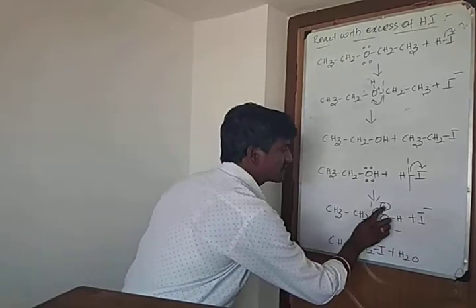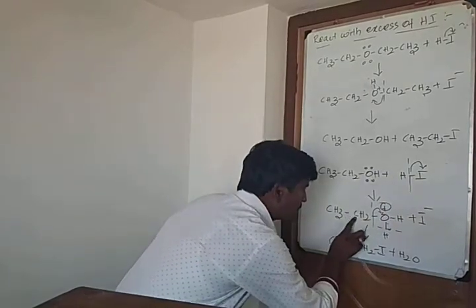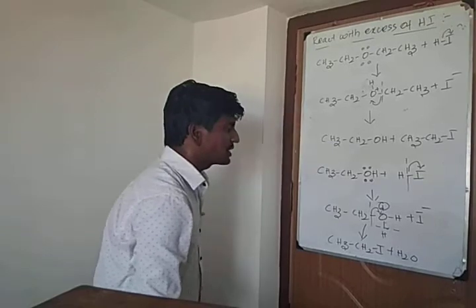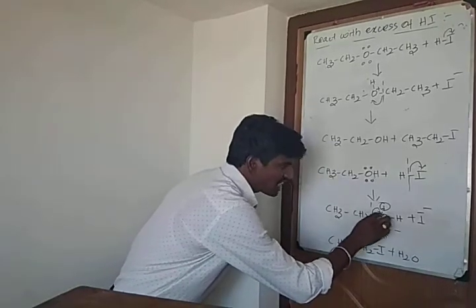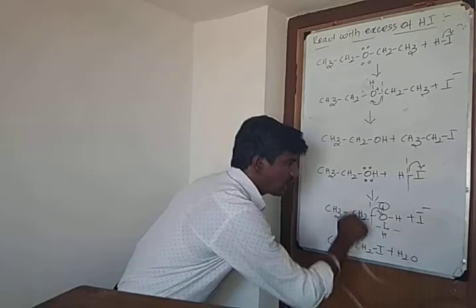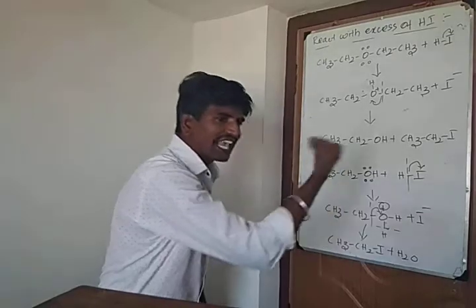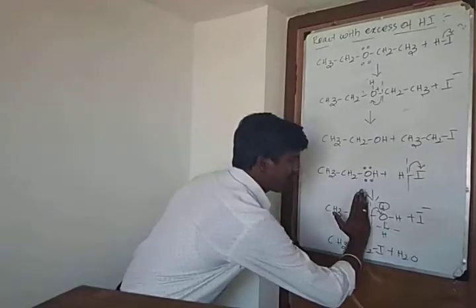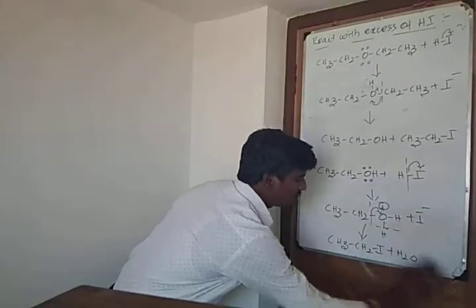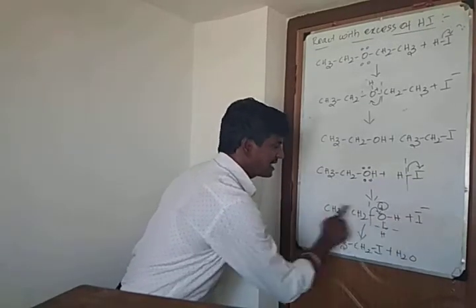Now what's the charge of oxygen? Plus, due to the lone pair of electrons. Am I right? Next, compare carbon and oxygen. Which one is more electronegative? Oxygen. So oxygen takes one pair of electrons. Here also bond cleavage. Already the oxygen charge is plus, now gaining an electron pair, minus. Plus and minus are both present on the same atom, so it becomes neutral. Bond cleavage between carbon and oxygen, so water is removed. What's the charge of carbon? Plus. I minus, bond formation.